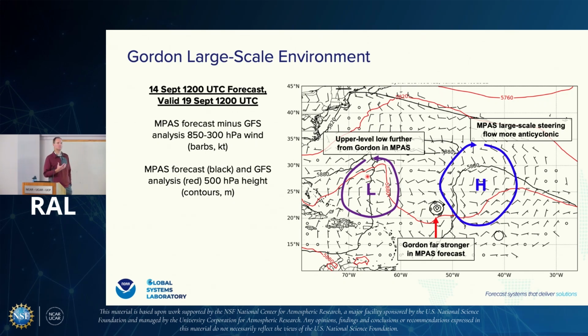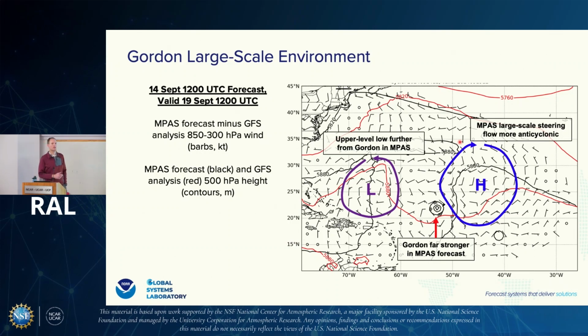Anticyclonically turning winds indicate where the model has too much anticyclonic steering flow. Cyclonically turning winds are where the model has too much cyclonic steering flow. And we have Gordon here with cyclonically rotating wind barbs. Gordon was far stronger in the MPAS forecast than in the corresponding GFS analyses. And it's paired with this anomalously strong anticyclonic steering flow to the northeast and a displacement of an upper level low further to the west, to the north of Puerto Rico, northeast of Hispaniola, well to the west of where Gordon was. So we hypothesized that this anomalously favorable environment with anomalous subtropical ridging here in the eastern and central